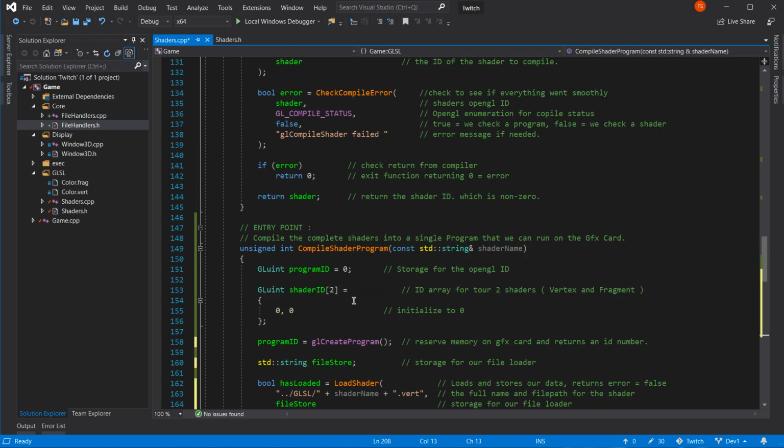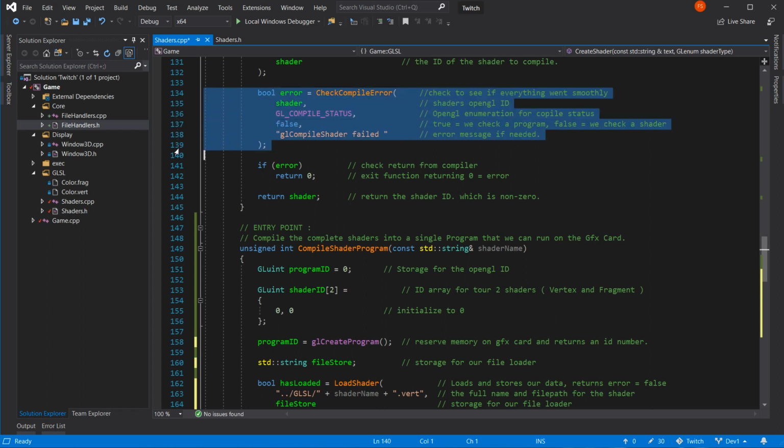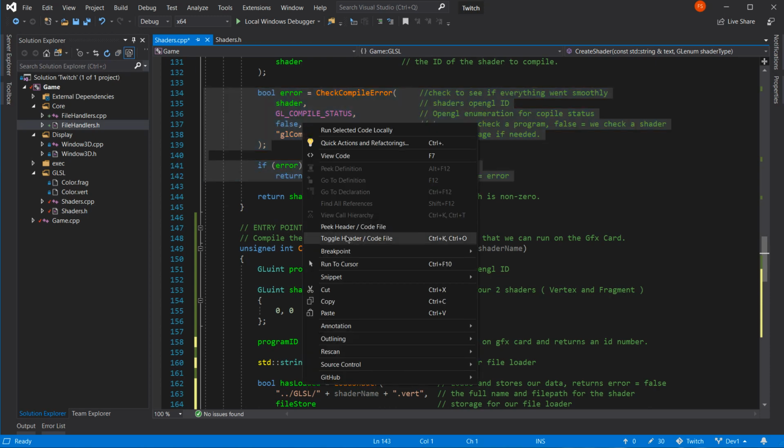Okay. That's alright. This is going to be GL compile program failed. So really it's just this part here again.